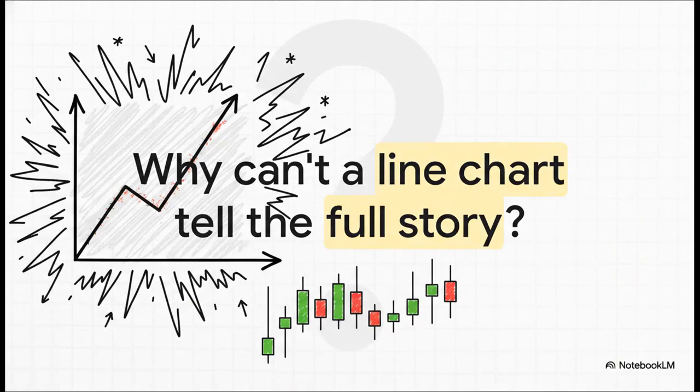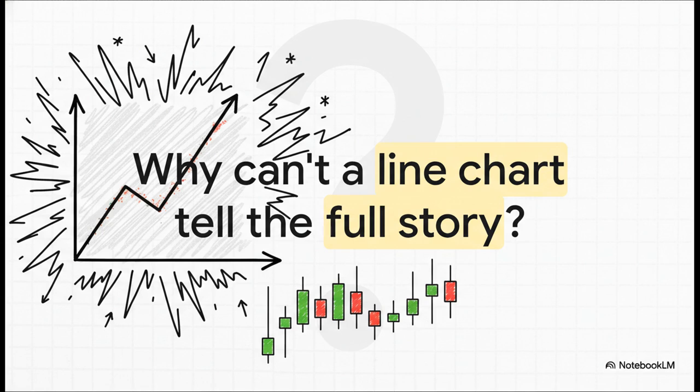So, let's kick things off with a question. Why can't a simple line chart, the kind we've all seen since grade school, tell you the full story of a stock's trading day? I mean, they're fine for a quick glance at a trend, right? But for stocks, that simple line is hiding so much. It's like reading just the headline of an article and missing the entire dramatic story of the day's battle between